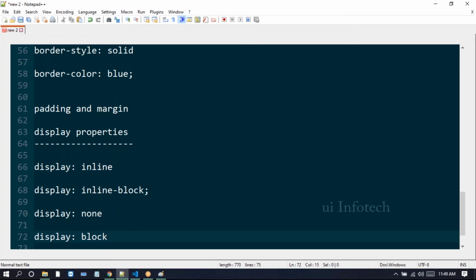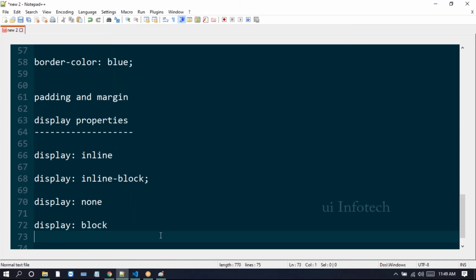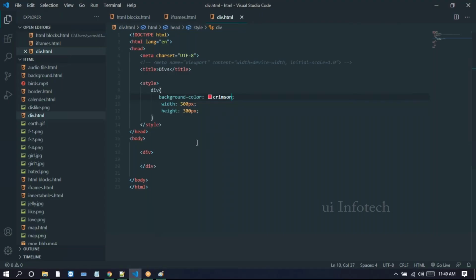For display none, we can use it with JavaScript to hide the element. It will remove the element space and the entire element. We can hide the element using this display none. And display block is used to change the inline elements to block level. So we can use display block here.